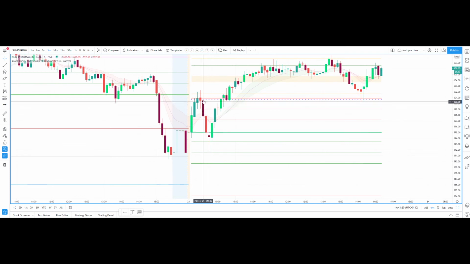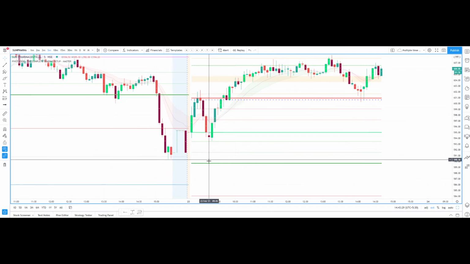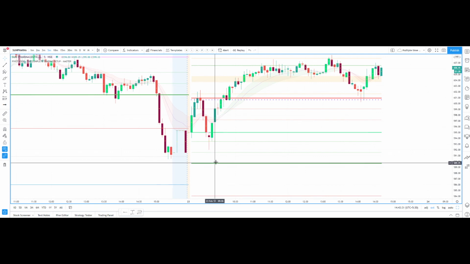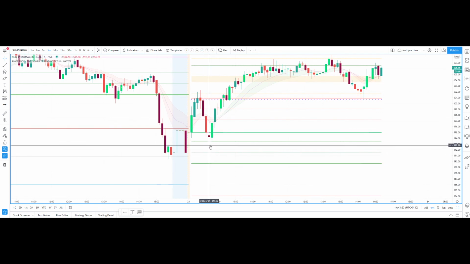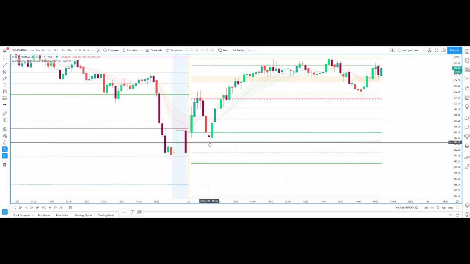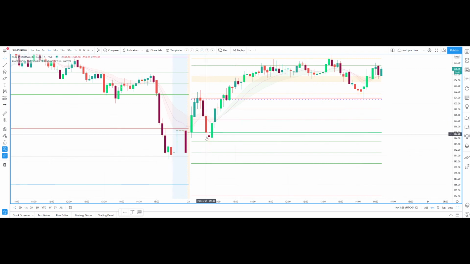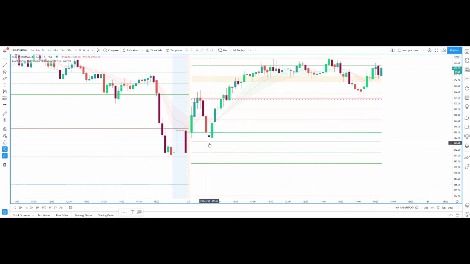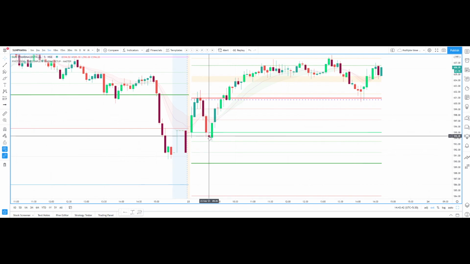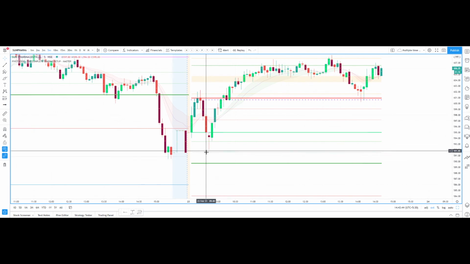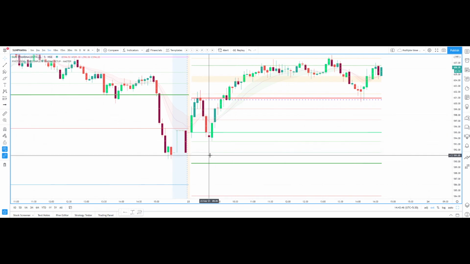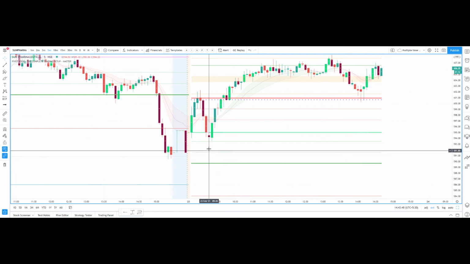If you see here, after taking a short trade here, you are expecting this major support as your target, but after every level you need to trail your stop loss, or lock your profits, keep trailing. So in this candle we saw in the candle pattern itself that it is unable to go further down to the next target, and the pattern itself is showing the bulls are entering back here.